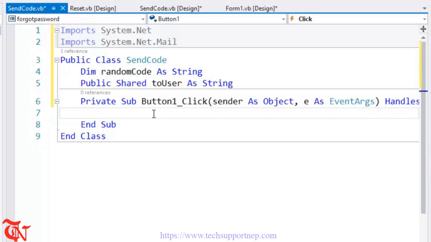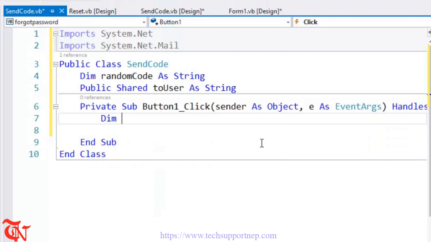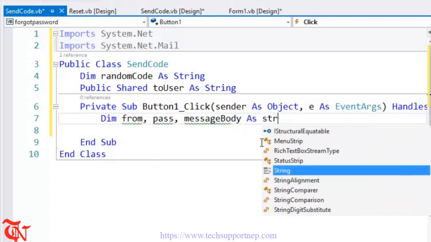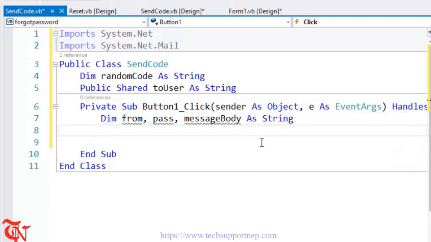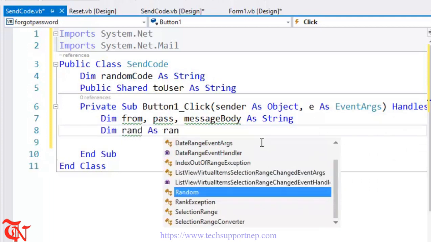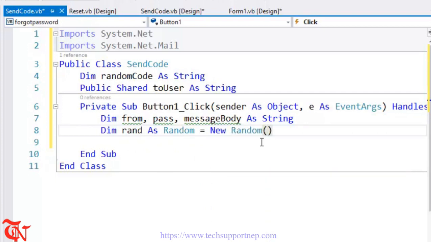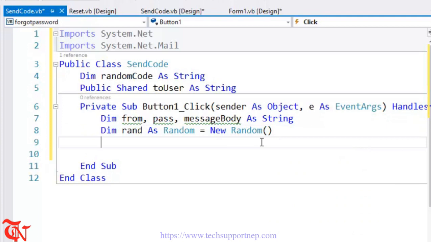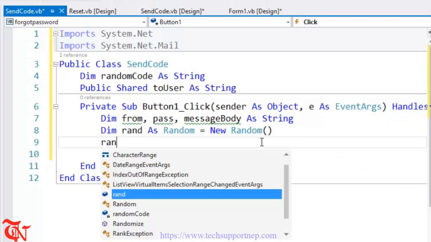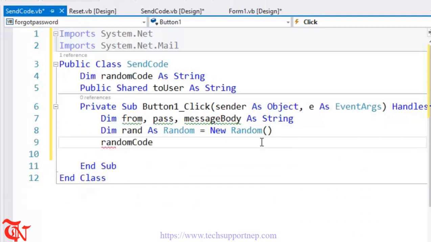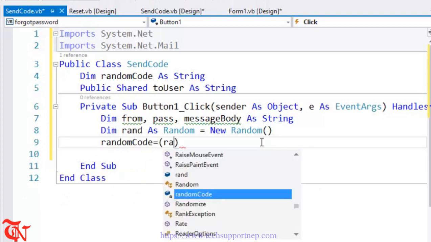So let's write the code inside the click event of this button. Here I am going to define some variables. So Dim fromPass, messageBody As String, and we are going to use the Random class. So Dim rand As Random = New Random. Now we are going to generate a random code and store it in the randomCode variable. So randomCode = rand